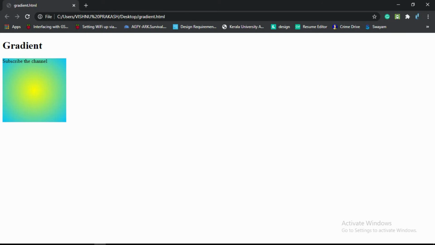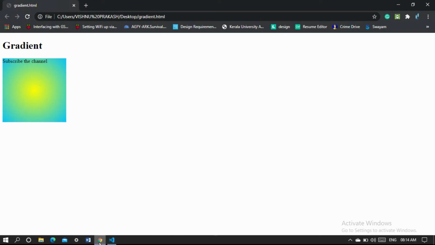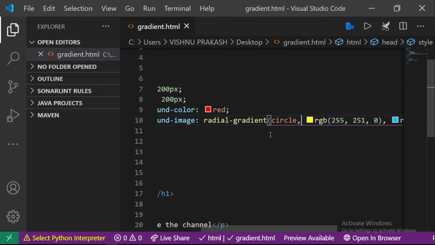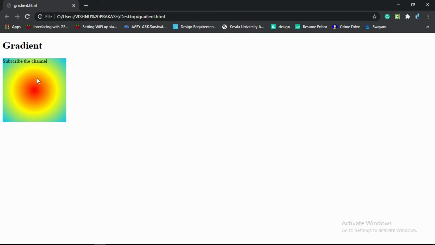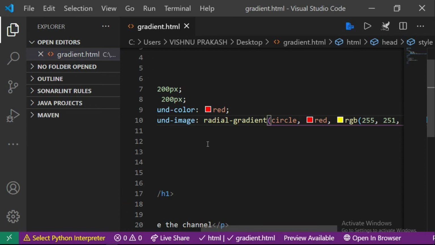In the same way, we can give a circle. If you are giving circle, we'll see what will happen. That is in the circle itself. Then in the circle we will give one more color, red. Then we'll see this one. We'll come here. You can see the circle, this yellow, this is in the circle path. So if you are giving the circle, then this will be like this. So now I hope you guys understood the difference between linear gradient and radial gradients.